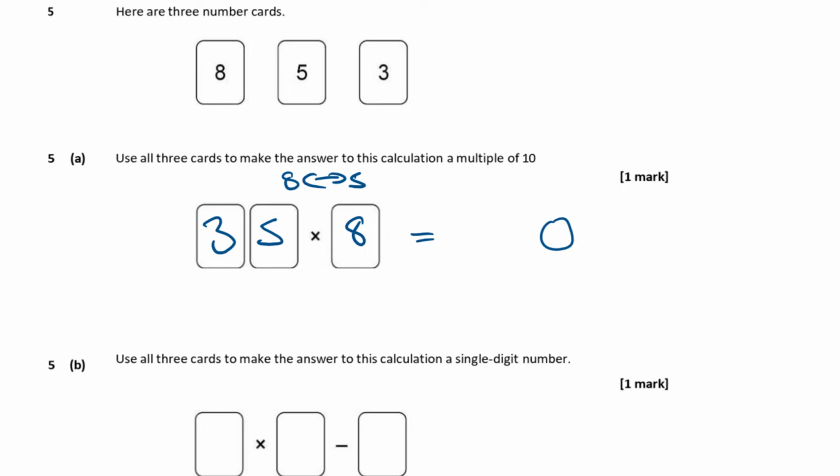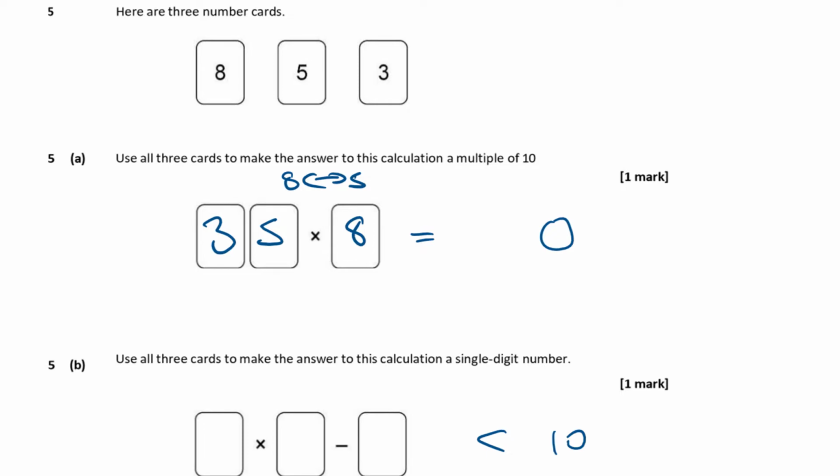So as long as you've got the 3 at the beginning, then the 5 and 8 can go in either order. Use all 3 cards to make the answer to this calculation a single digit number. So it's got to be less than 10, isn't it? So this is going to be less than 10. Well, if it has to be less than 10, then the multiplying at the front needs to be quite small,